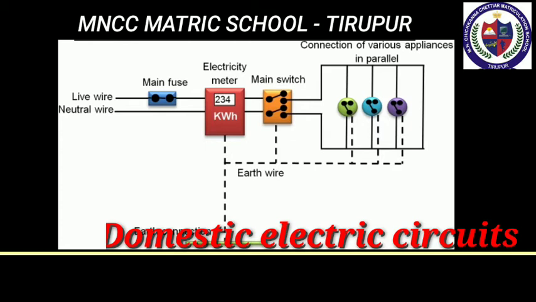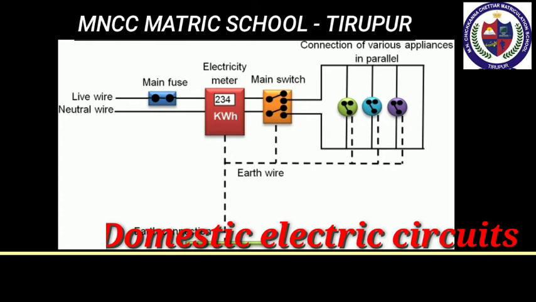The electricity supplied to your houses is actually an alternating current having an electric potential of 220 volts. Both the live wire and the neutral wire enter into a box where the main fuse is connected with the live wire. After the electricity meter, these wires enter into the main switch, which is used to discontinue the electricity supply whenever required. After the main switch, these wires are connected to live wires of two separate circuits.